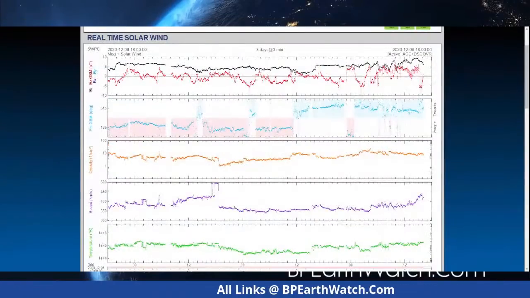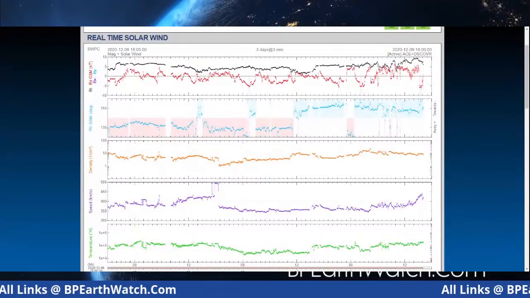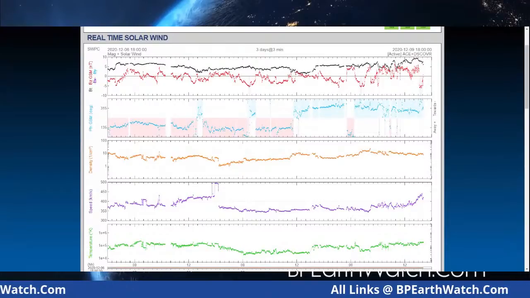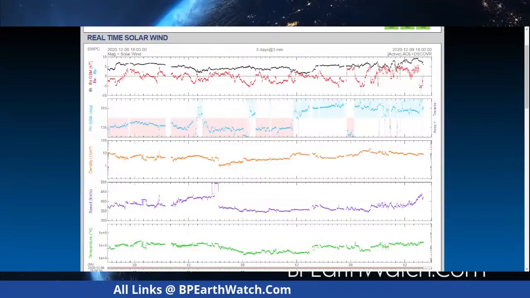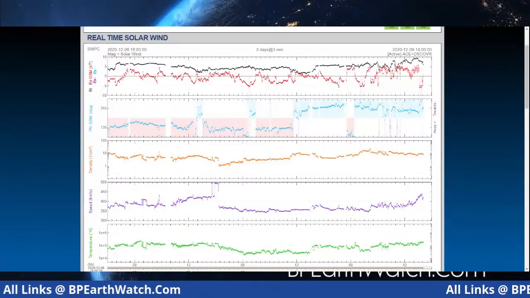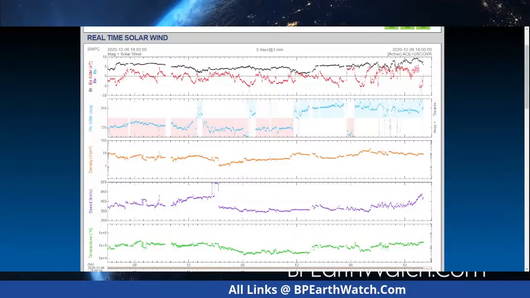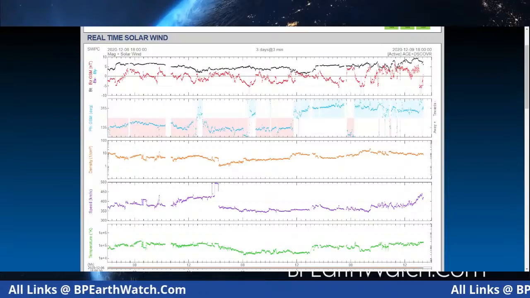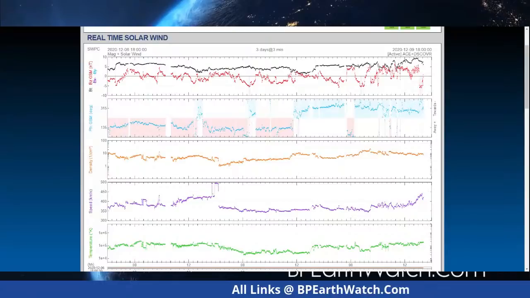But here you can see that we are still increasing. We had a slight peak here, and it's starting to drop back down. But we have not reached the impact point yet. Remember, before 12 noon, there's this IMF field that's moving in front of the coronal mass ejection itself, and that may be what we're starting to see, because it was a few hours ahead of that.